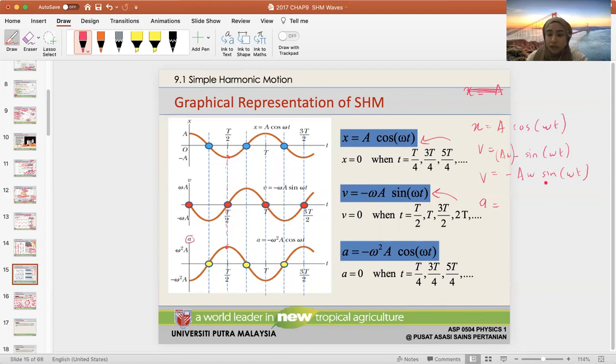And then your acceleration is the derivative of v. When you differentiate sine, it becomes cosine omega t times omega. So this becomes A omega cosine omega t. This is after differentiating it, right? And then now your equation becomes,